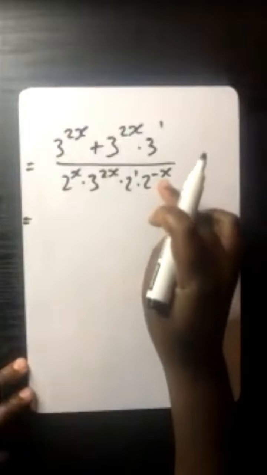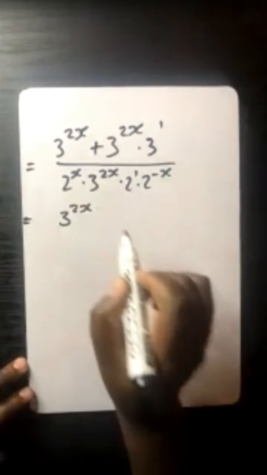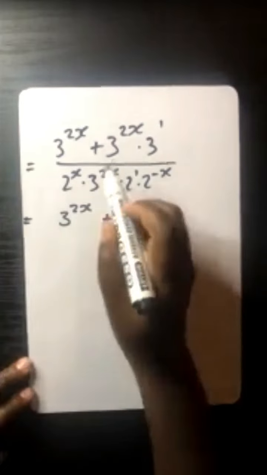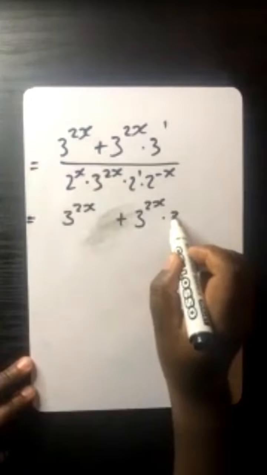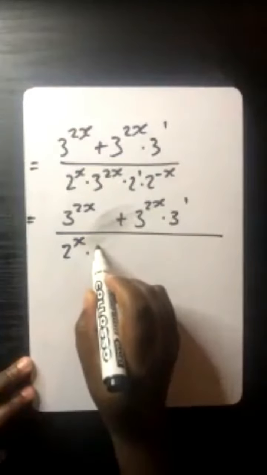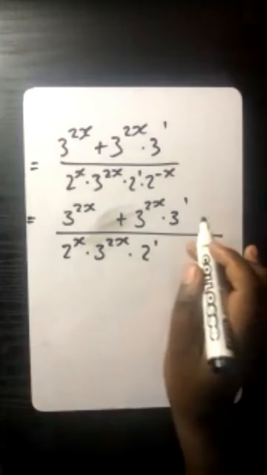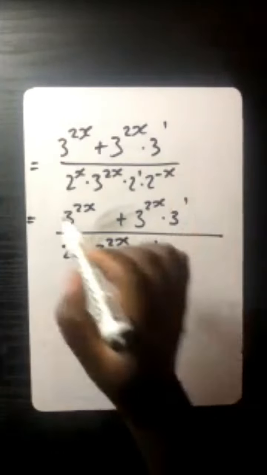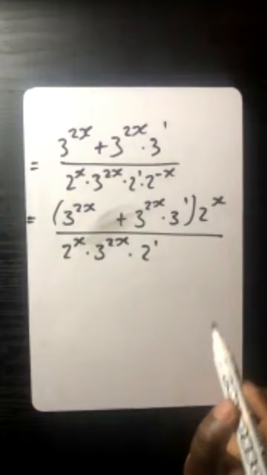Which means if I wanted to write it to the top, I was supposed to do this to say, obviously, we've got 3 to the exponent 2x at the top, plus 3 to the exponent 2x multiplied by that to the exponent that, the whole of this to the exponent 2, that 3 to that multiplied by 2 that. So guys, remember, I wrote it at the top. So I must put it in brackets and say 2 to the exponent x,